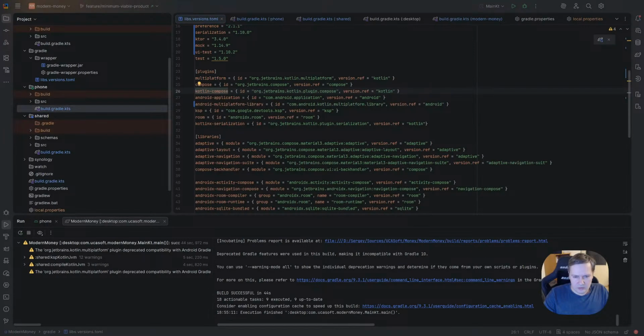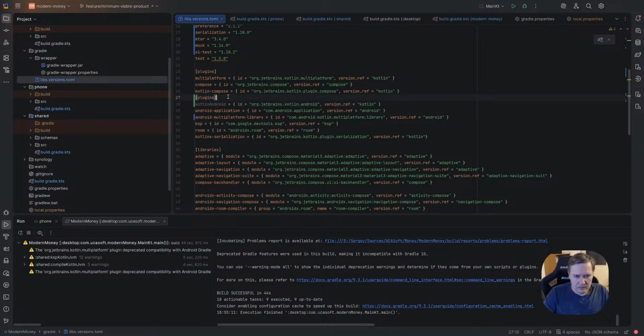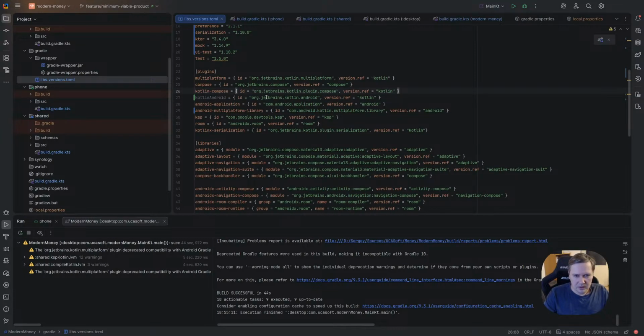Android application, Kotlin compose. Okay, let's add this plugin. So we need Kotlin Android. So we have Kotlin compose, now we have Kotlin Android.